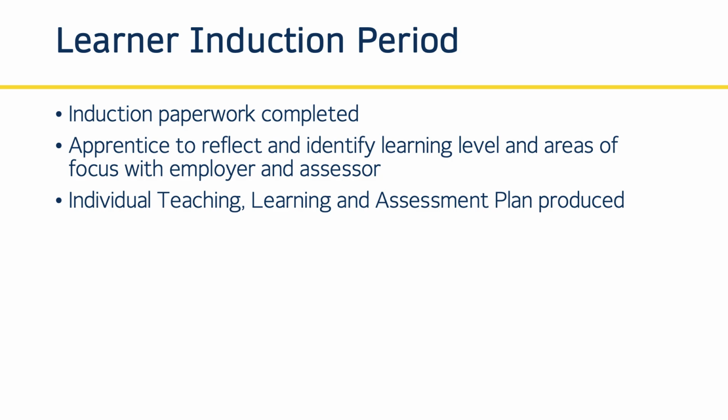The individual learning and assessment plan is essentially a list of training activities for you to complete and assessments for you to complete that's specific to both you and your role. Once you have produced your individual learning and assessment plan, you can move on to the next phase, which is on-programme. Sometimes the on-programme phase is referred to as the learning and assessment phase because that's the two activities which you complete during that period. So we'll look at them in turn.